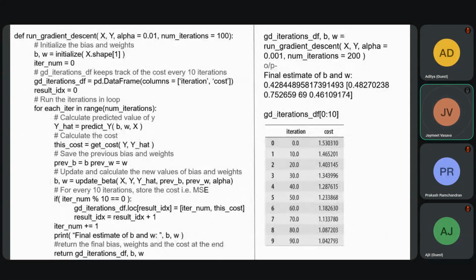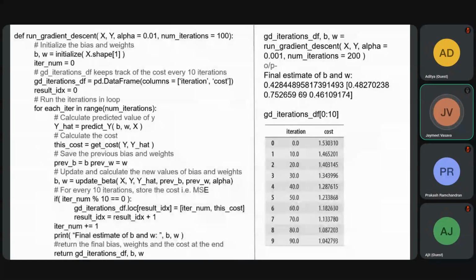I kind of summarized the run gradient descent before. So the x, y, then the value of the learning rate and the number of iterations, 100. So initializing the values of weight, then getting the GD iterations data frame to store the value of every 10 iterations, then running the iterations using a for loop,